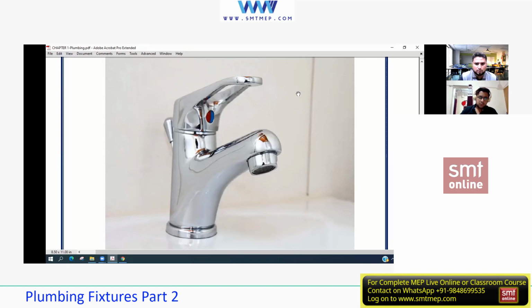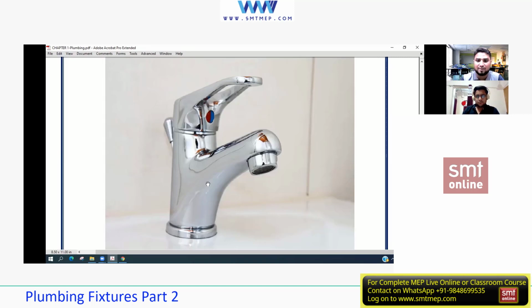Yes, what you're saying is true, but technically I'm asking what kind of valve is installed inside it. Simply, I'll say it is an angle valve. An angle valve is a small kind of valve that you can see below a laboratory sink. Yes or no? Angle valve, one small kind of valve. The same kind of valve, the same mechanism, is there over here.